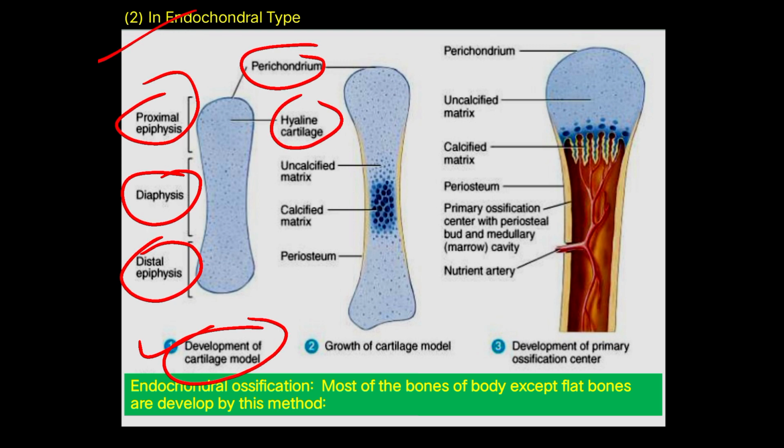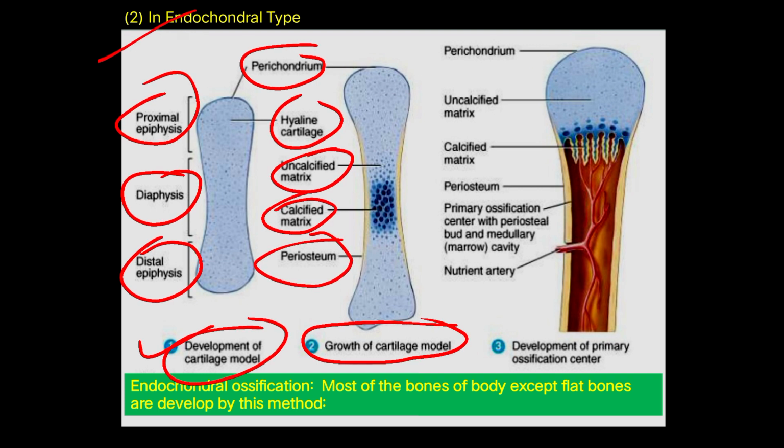cartilage is there. After that, differentiation takes place and growth of the cartilage model takes place, which leads to the formation of calcified matrix and uncalcified matrix, and then the periosteum is forming. The periosteum is forming in this way, and it will differentiate into the perichondrium and uncalcified matrix at the end of the bone. The calcified matrix is forming like this. This is the periosteum and the primary ossification center, which